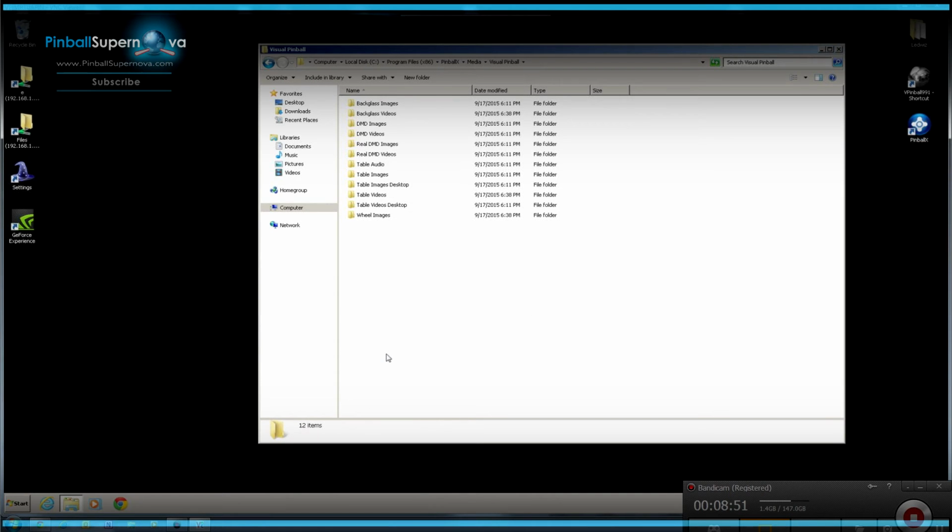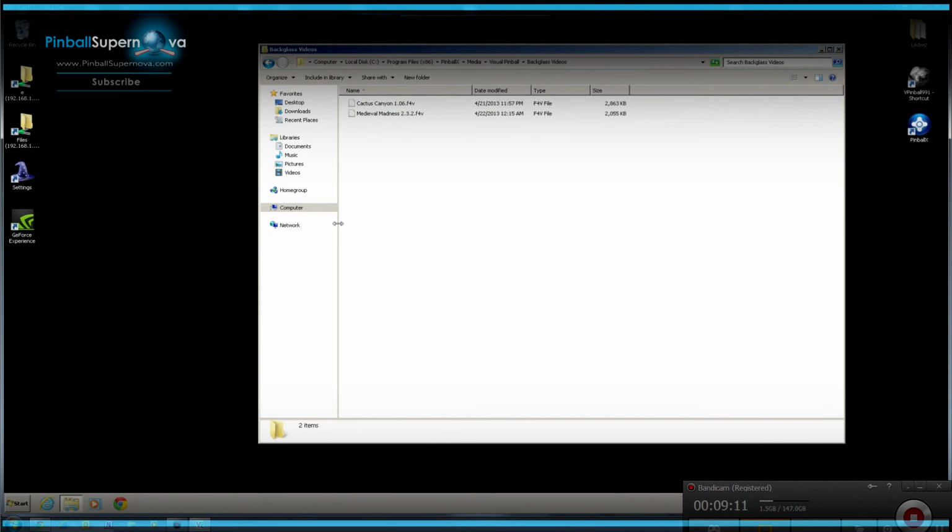So we're going to go in here because that's our Visual Pinball table. And now there's 3 locations usually that I use for my tables: Backglass video, table video, and wheel images. And that's the icon I was talking about. And basically how you do all that is you would go into Backglass video and download, and again, I have these already, but you would find this on VP Forums and VP Universe. And if you go to VP Universe,